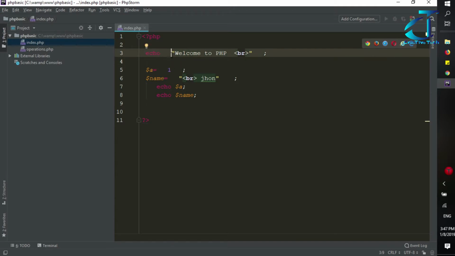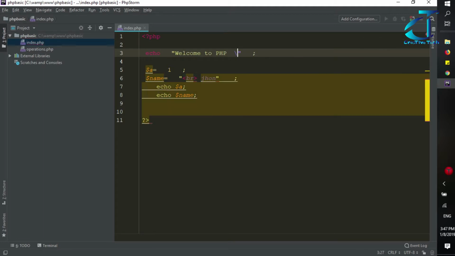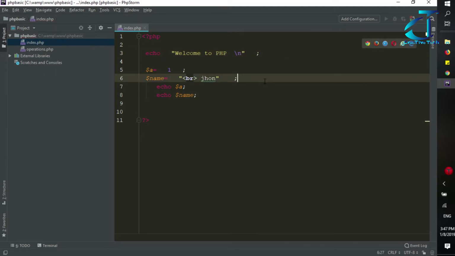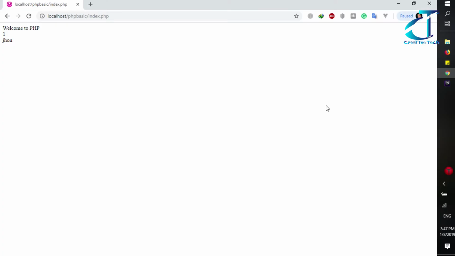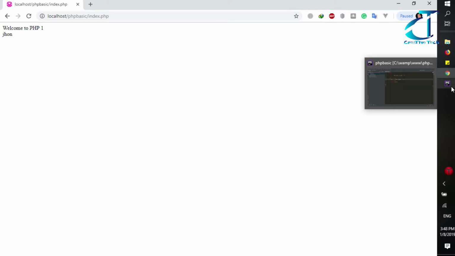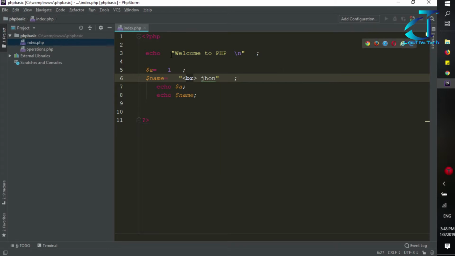But if you want to do it in PHP, you will use the \n, but still it will not work. Let's first check that, and you can see they are in the same line. So for this purpose we will use a built-in function which is